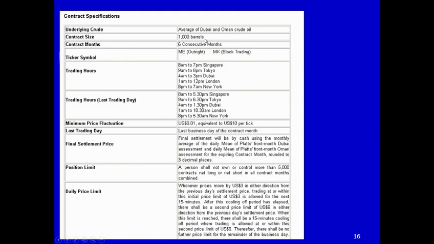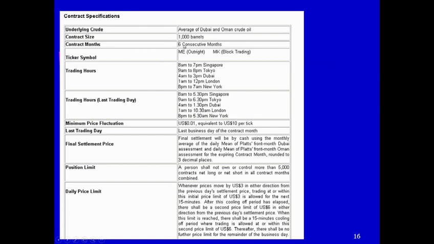Does anyone know how much 1 barrel is equal to? Sorry? Oh yeah, okay. So in terms of volume, in liters, I don't know exactly, but it's about 250 liters. So 250 liters is equal to 1 barrel. So is this the type of contract you're going to purchase yourself? Not really, right? Unless you've got a very big garden where you can store loads of barrels and then find a way of refining it. This is not going to be of interest to you. So a single contract is going to cost a lot of money, and is on a large volume of oil.